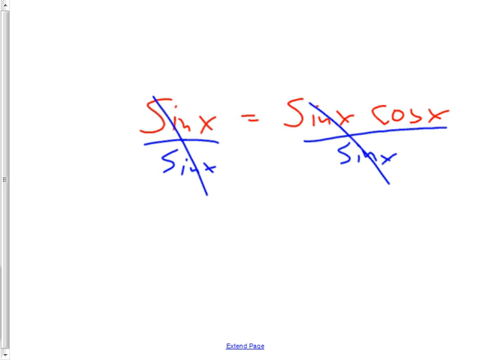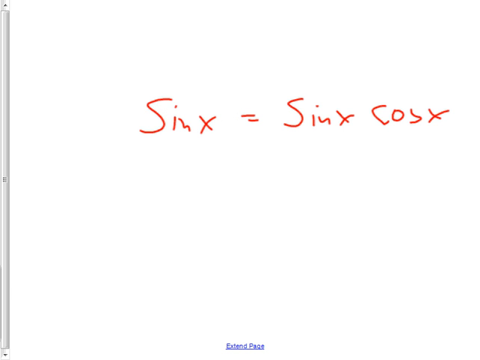What do I mean by that? If you had done it right, you would have moved it all to one side and set it equal to 0 and then factored it. This is one of my practice problems. I'd like you to do that right now. Move it all to one side of the equation so that it's set equal to 0, and then factor it, and then solve both parts, and you'll get lots of answers